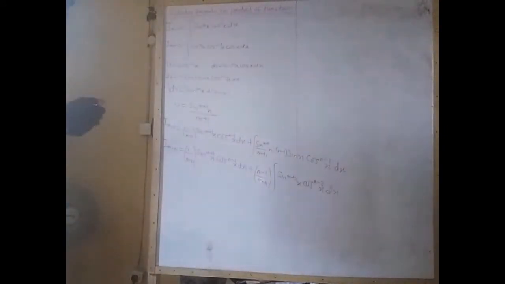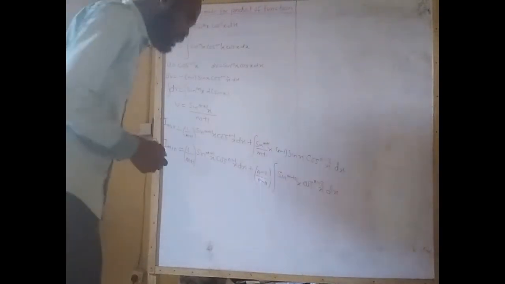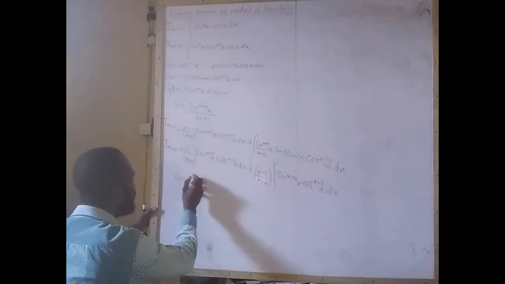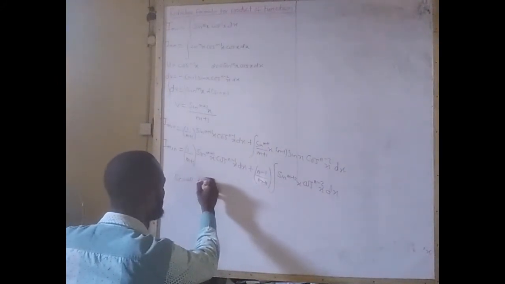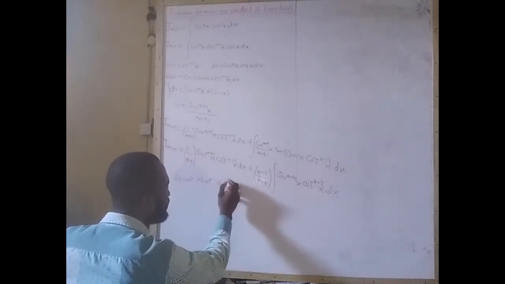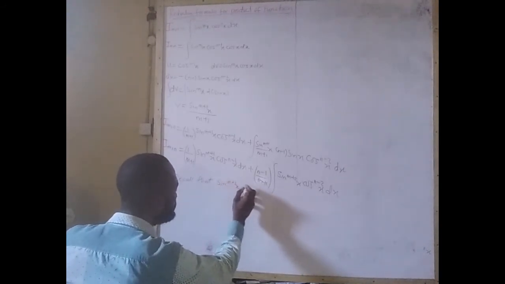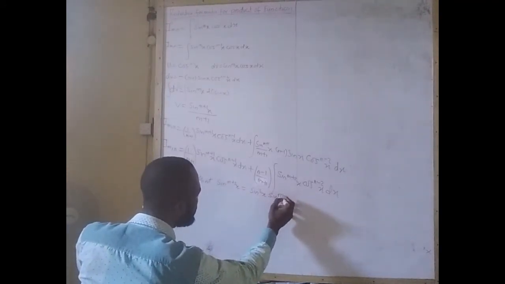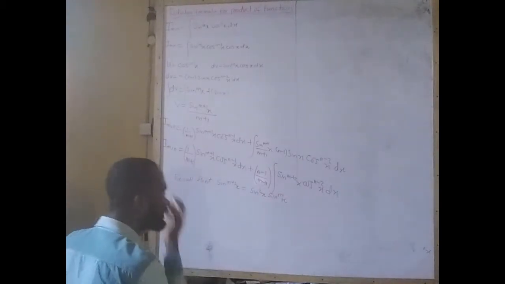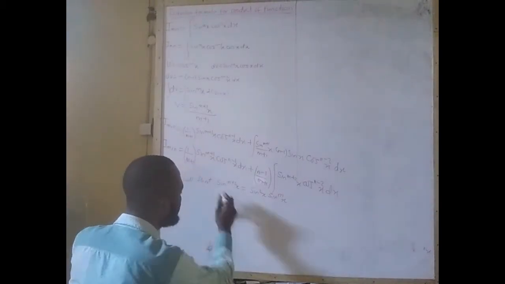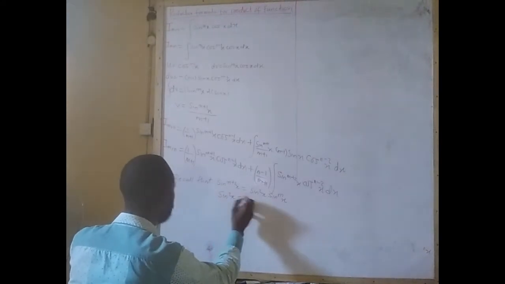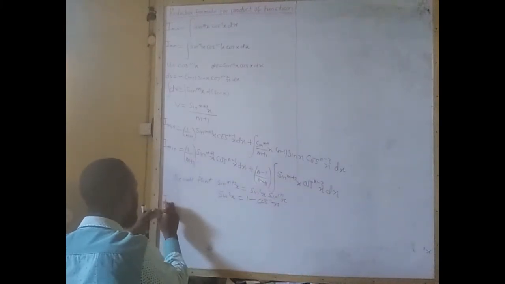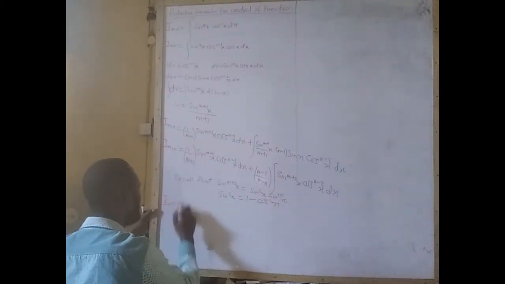This is what I'm going to have. Now, you can also recall that I can write sin^m x times sin^2 x to be sin^m x times sin^2 x. And I know that sin^2 x is the same as 1 minus cos^2 x. Then if I substitute into this, I have my I(m,n) will now be